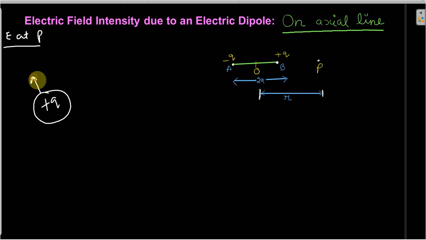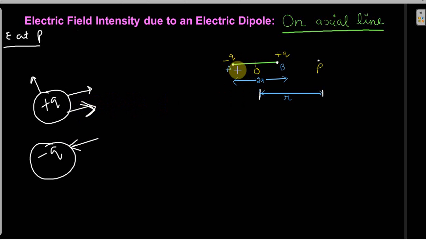It is always outward, away from the charge. So now we will find the direction of electric field due to this positive Q charge. Let's see how to find the direction for the positive charge, and similarly we will find it for the negative charge. For negative charge, the arrow is towards the negative Q charge, and for the positive charge it is away from the positive Q charge. So let's start with the first charge.